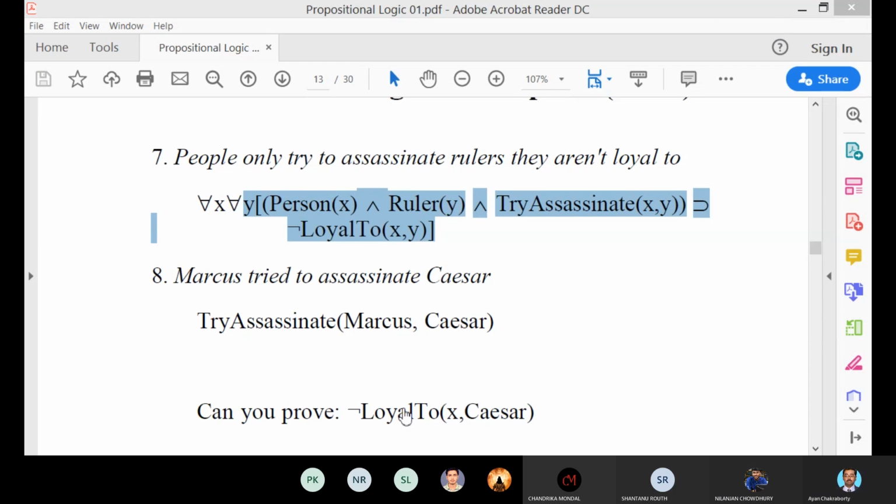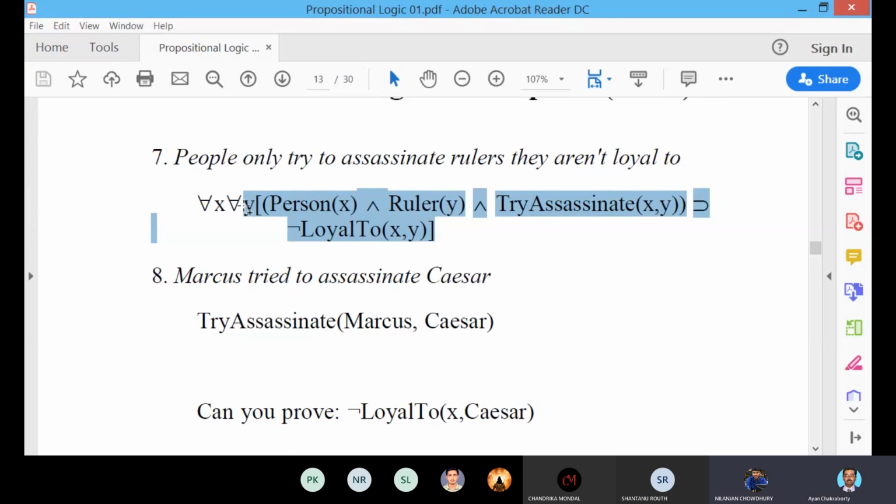Okay, so now get back to the notes. Yes, sir, clear. Any problem? No, he said it's clear. Okay.